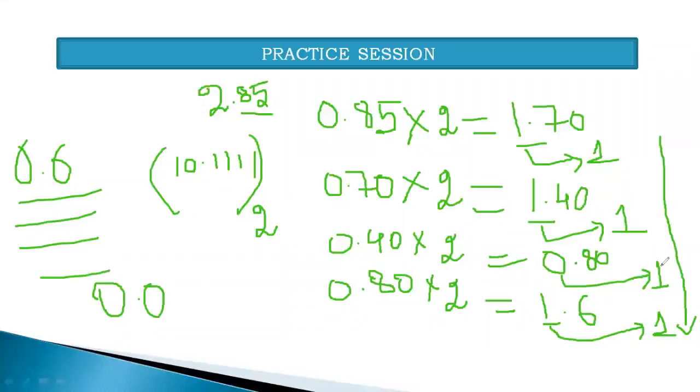Yeah, sorry beta, thank you. The third part will be 0. So finally we are going to get 10.1101 as the binary equivalent. I hope that I have given the answer asked by Janvi. We can move ahead.